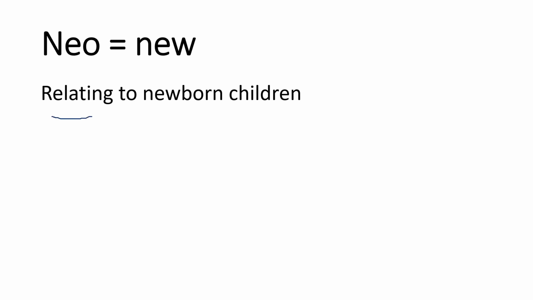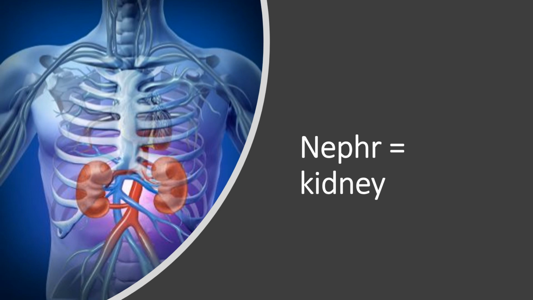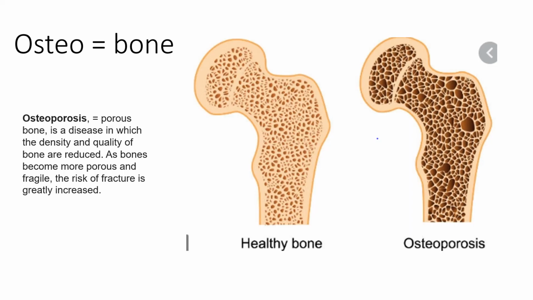Neo, like to say, newborn children. You might hear of a neonatal unit. So neo means new. Nephr, kidney. So a nephrologist is a person who studies the functions of kidneys. Osteo, bones. So osteoporosis basically is a situation where